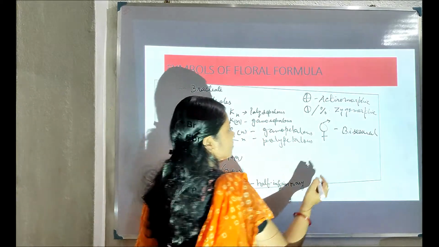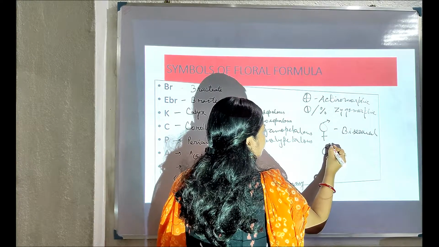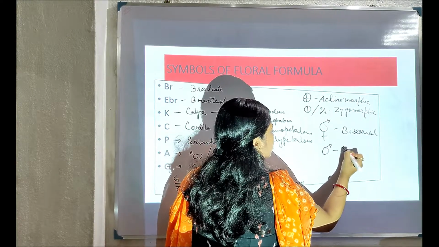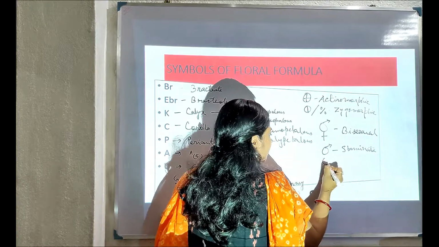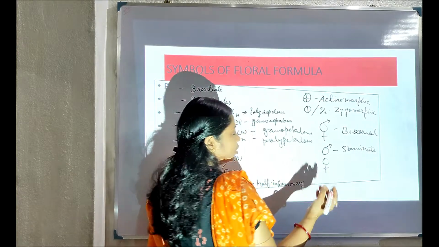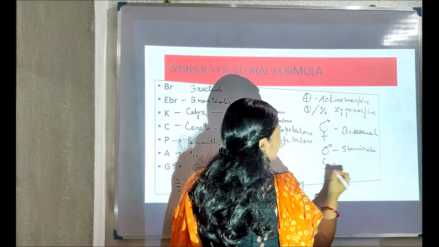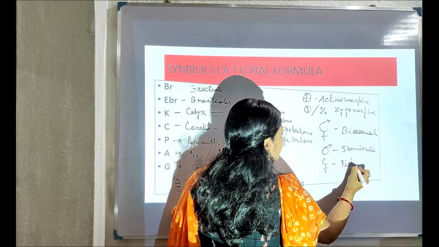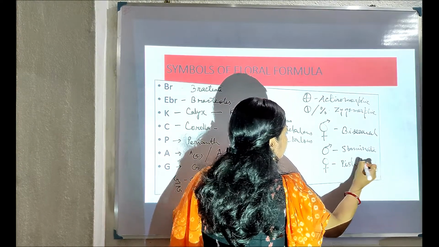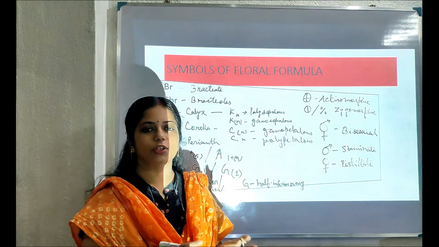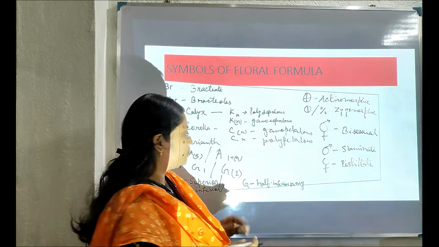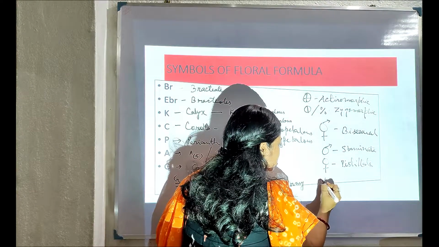If the flower is only a male flower, that is a staminate flower, then we use this symbol. If the flower is only a female flower, with only the pistil, that is a pistillate flower, then we use this type of symbol. We will also know about the adhesion of the different floral parts from the floral formula. What kind of adhesion can we see?